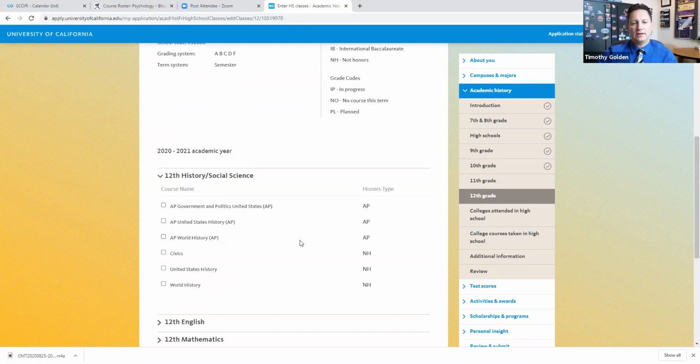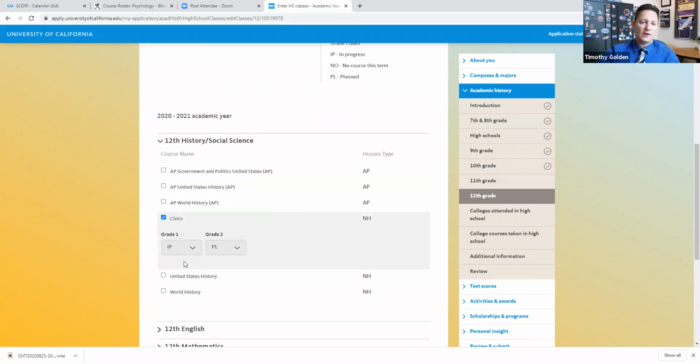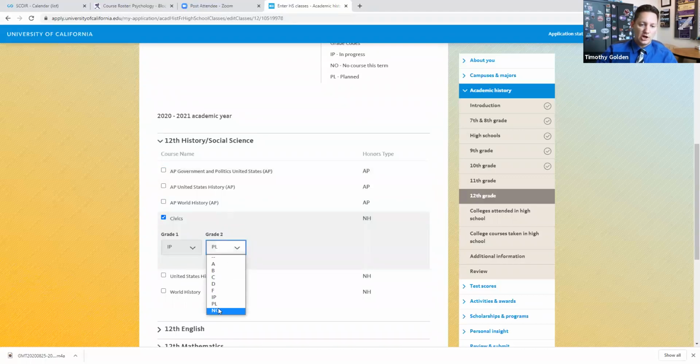For those of you that are civics and economics, civics is here. You know, if you're doing an AP government, that's right there. Civics is here, but it's just in the fall. So this defaults as for seniors, grade 1 IP, grade 2 PL. IP means in progress. As you're filling this out right now, you're in progress with a class. So that works just fine for AP government because you're in progress in the first semester, and your PL, that means planned, for the second semester. So you would just leave that. But civics is only a 1 semester class. So you would have to put no for that second semester